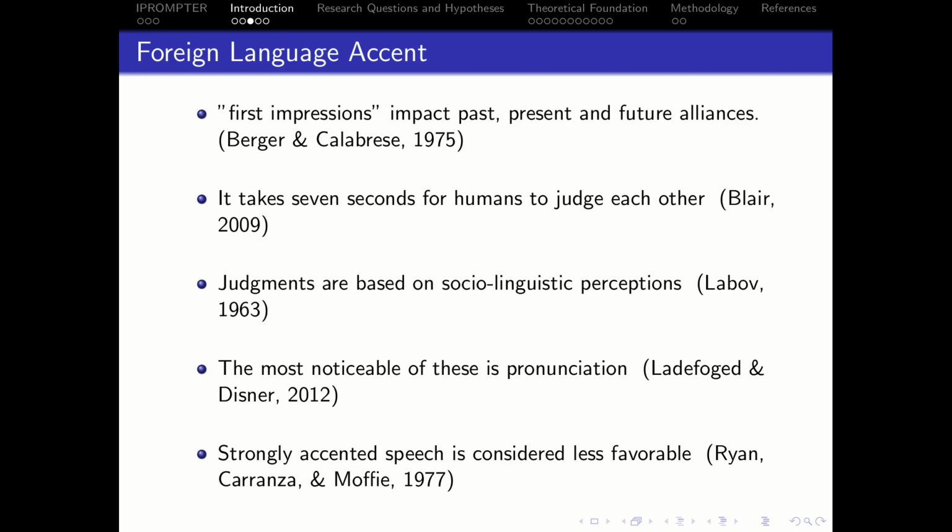So basically, as far as foreign language accent is concerned, just bringing a little bit of theory here, first impressions impact the past, present, and future alliances. This is really important because when we start giving an academic presentation, which is the focus of iPrompter, since we're talking about university students who want to better their English in an academic context, someone goes to a conference and they're going to present their thesis work or a paper that they've worked very hard on, but their English skills